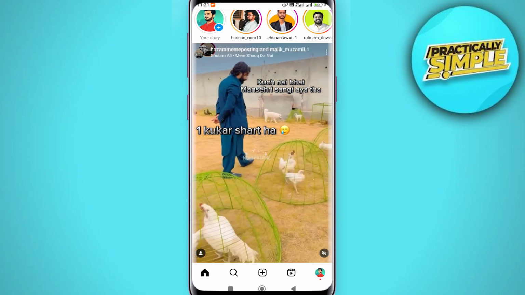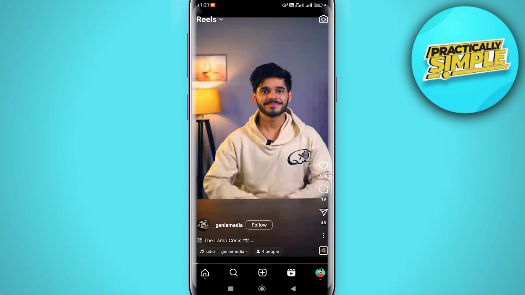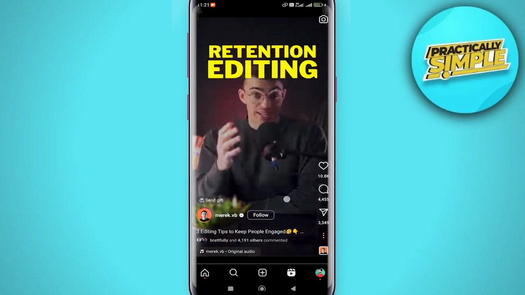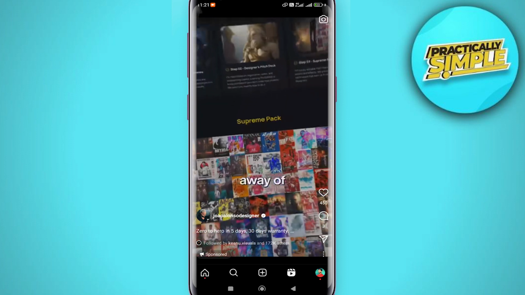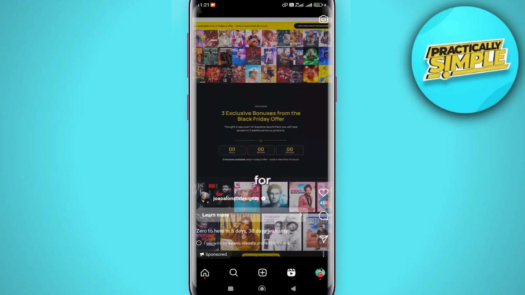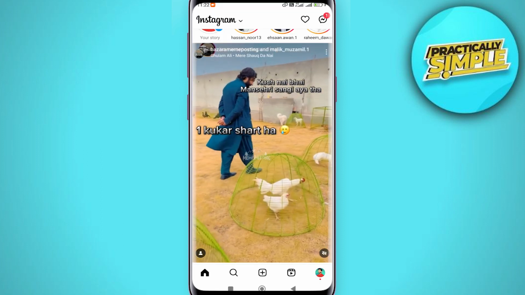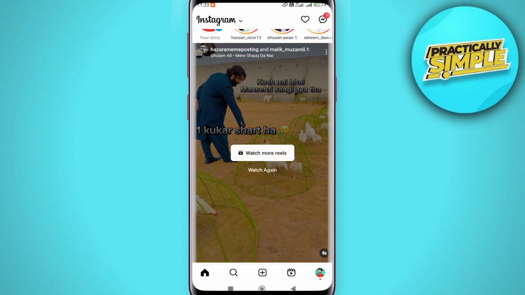So let's tap on reels at the bottom right. And you can see I really like this reel, but I scroll past it. I watch several other reels and I wanted to go back and watch that history, but you went back home and you get other stuff like other posts, you did other things. The thing is, as long as you haven't closed out of Instagram or it hasn't been a really long time,